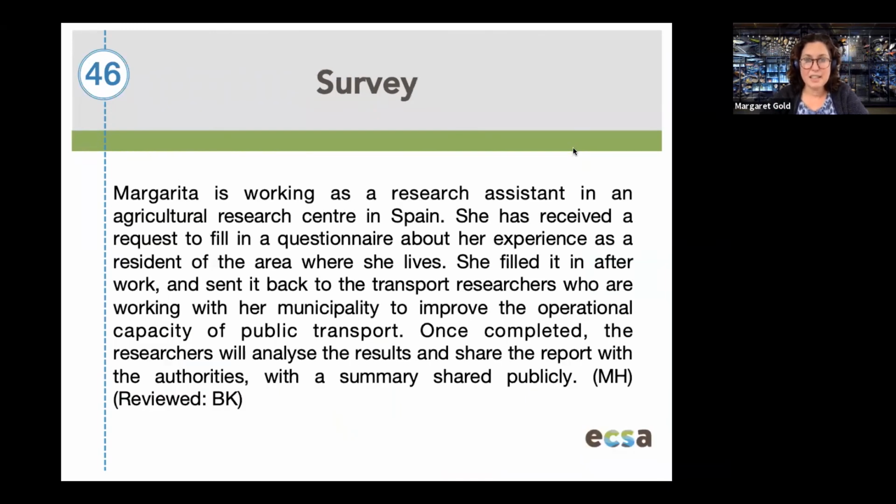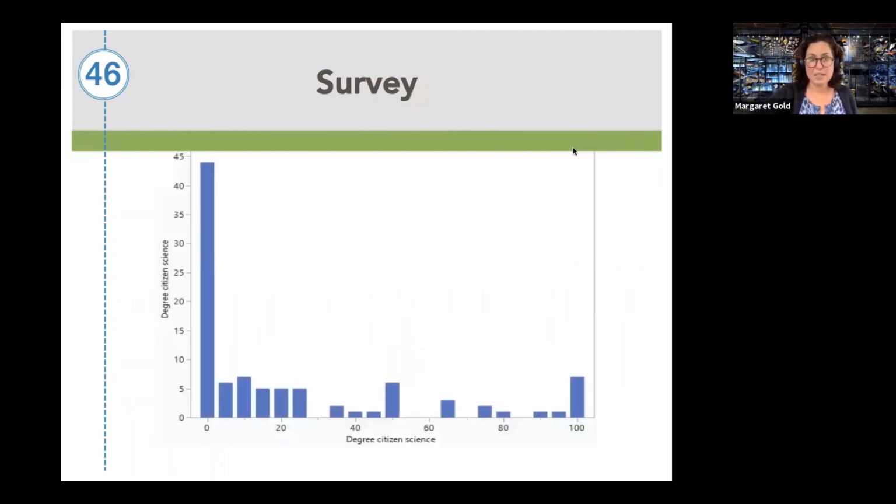And then finally, the survey. Once again, in the literature, this is often talked about as clearly not citizen science if it's just a survey and there's no further engagement. And you see that reflected in the number of respondents who did indeed say that, no, this is not a citizen science activity. And yet there were a few people who really did feel that it was, because it nonetheless has value towards science.